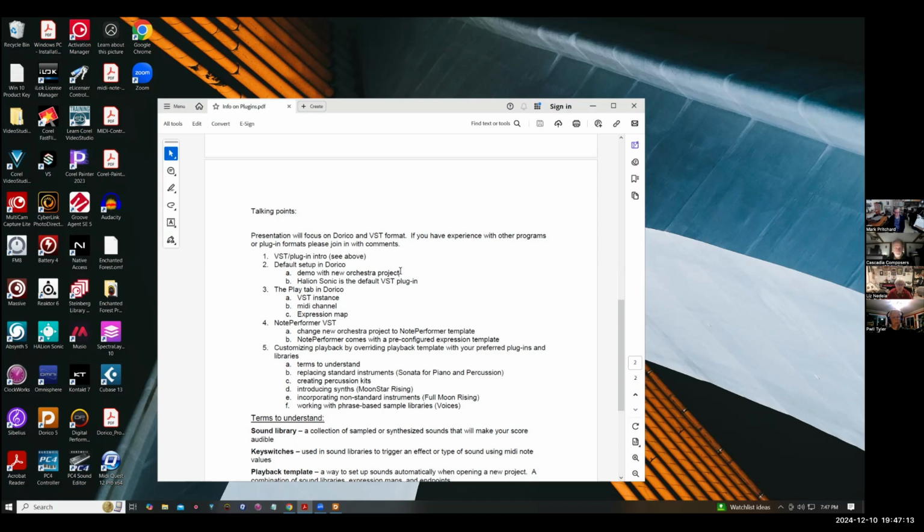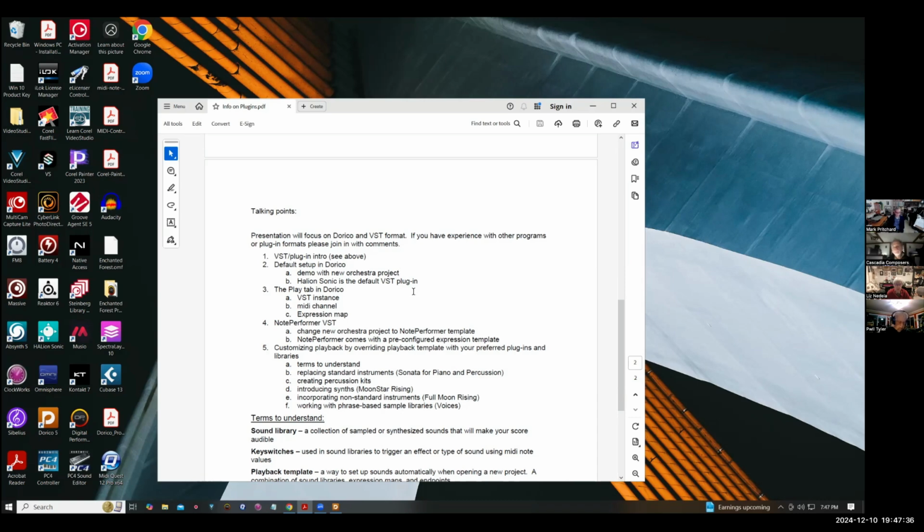So for a lot of folks, that's all they really need, because they're just counting on the performers to interpret, and they don't really need a great sounding mock-up. And as I mentioned, in Sibelius I used NotePerformer for that rather than the standard Sibelius sound set, because it was just so great,